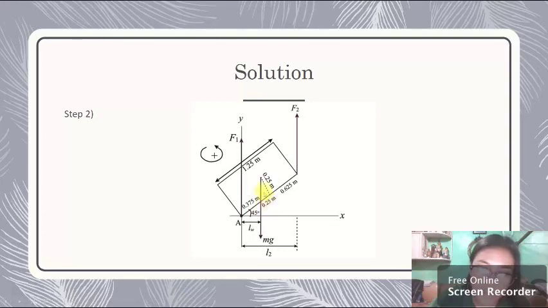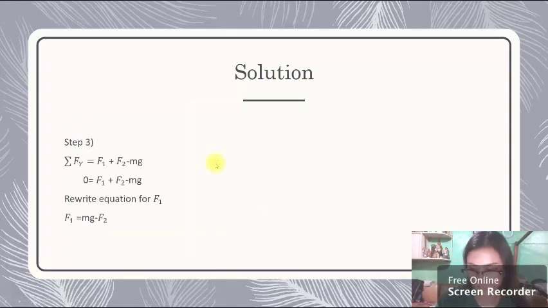Since this one also has 0.25, to get the length of this from this, since we know that this one from this one is 0.25, we're just going to subtract it from this one. So we're going to get 0.375, and this is the angle, and it is rotating in a counterclockwise direction, so it's going to be positive. And then for the next step,